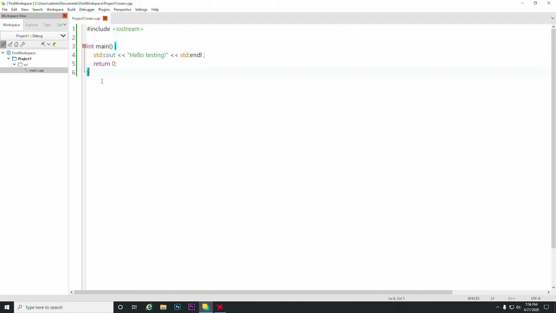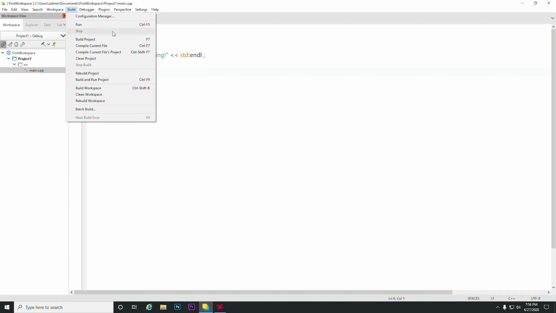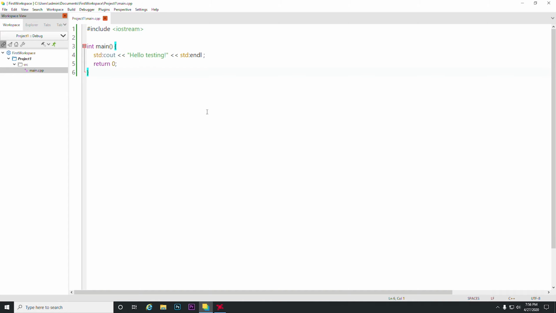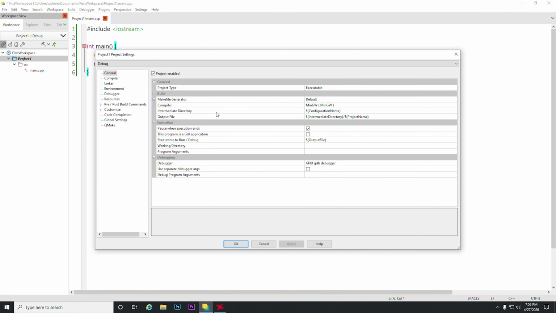So after that, now we need to build and run our program. But before we do that, we will need to do some more things to make sure we are using modern C++. Warnings pop up and other couple things. For that you need to go to your project, right click it and go to settings. Once you are here, you can see all of this is already set up. It's good, we don't have to change a lot of them.